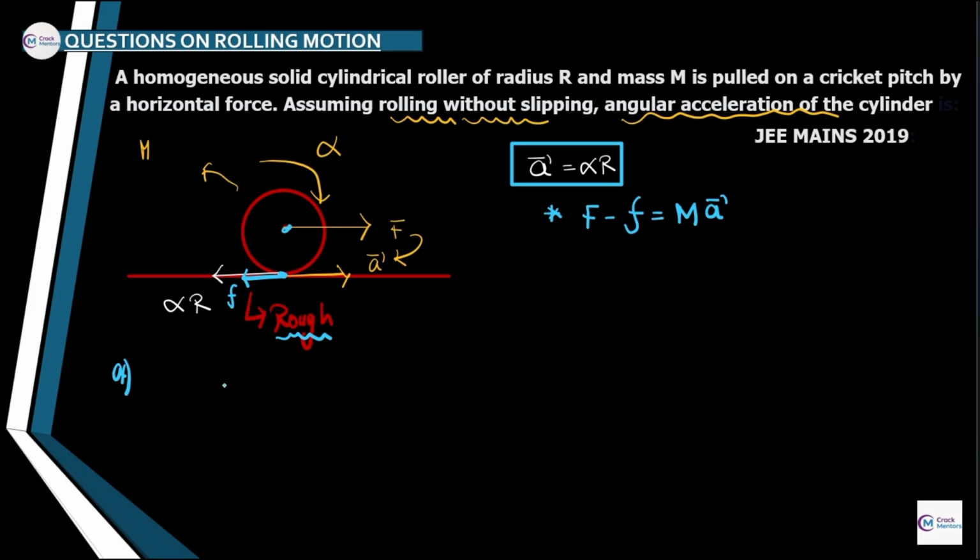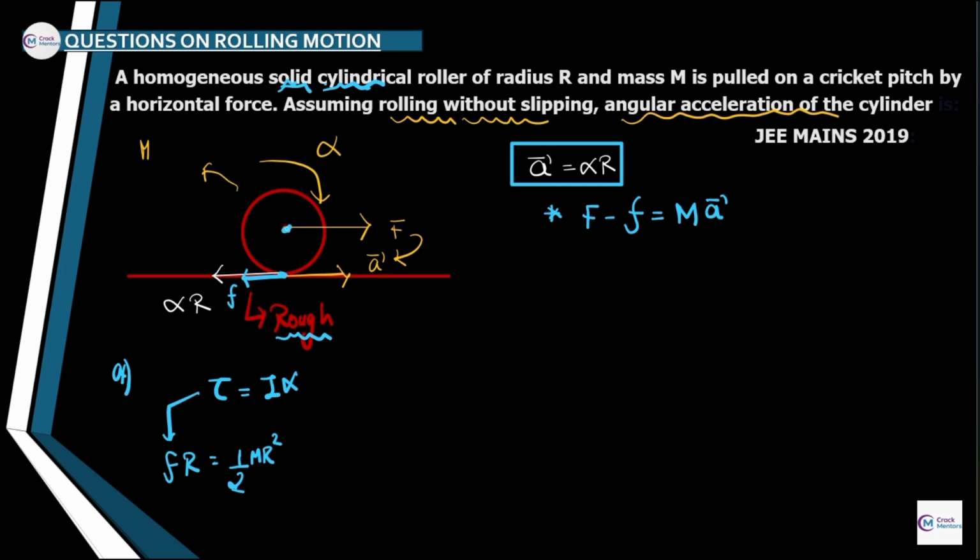And what is the torque? There is a torque acting about this point, and it is equal to I alpha. It is mentioned that it is a homogeneous solid cylindrical roller. First of all, the torque is nothing but friction times r. And what is the moment of inertia? It is a solid cylinder. For a solid cylinder, if the axis of rotation is like this, then the moment of inertia is half m r squared. I'm hoping that you are getting my point on how the moment of inertia can be written like this.